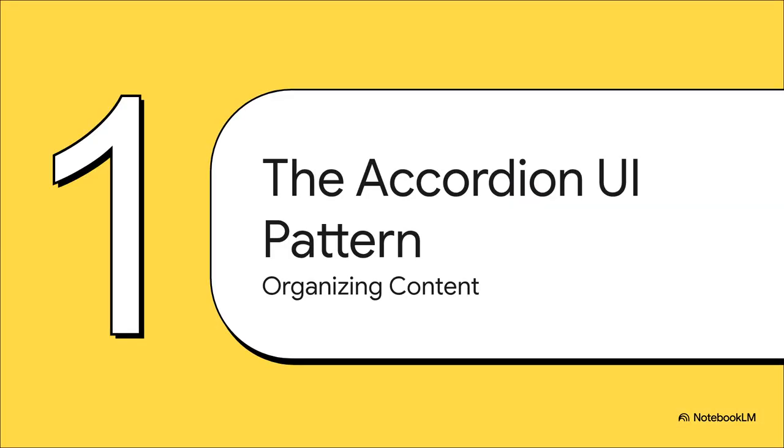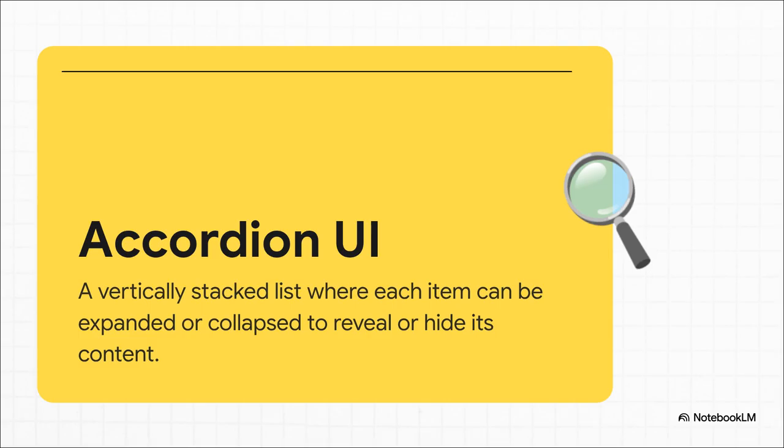So, first things first, the accordion UI pattern. Let's just make sure we're all on the same page about the fundamental idea we're playing with here. At its core, an accordion is just a super clever way to manage your screen real estate. It's basically a list of headers that a user can click on to show or hide whatever content is tucked away inside. This keeps the interface feeling really clean and lets your users focus on just one piece of information